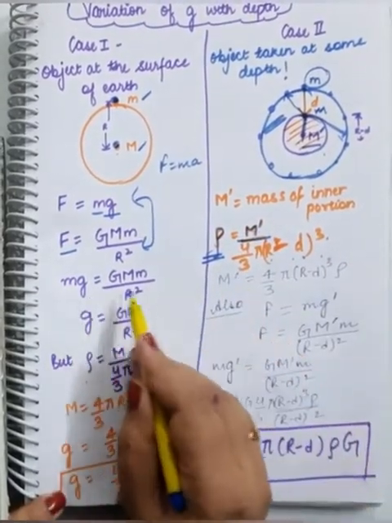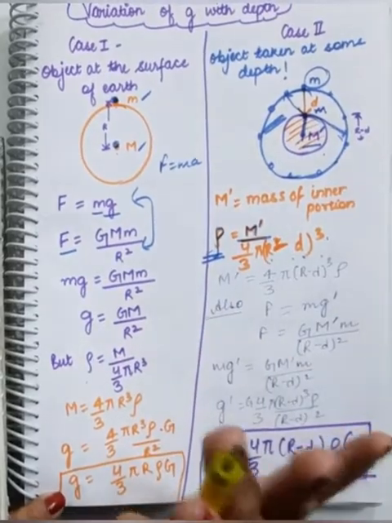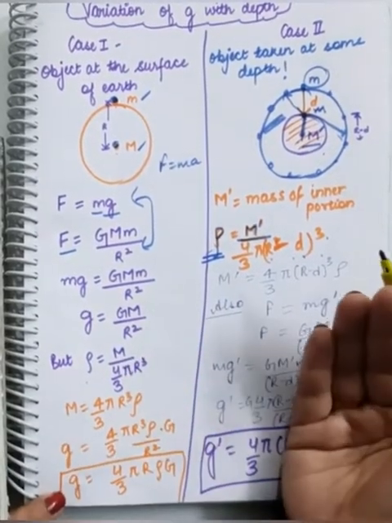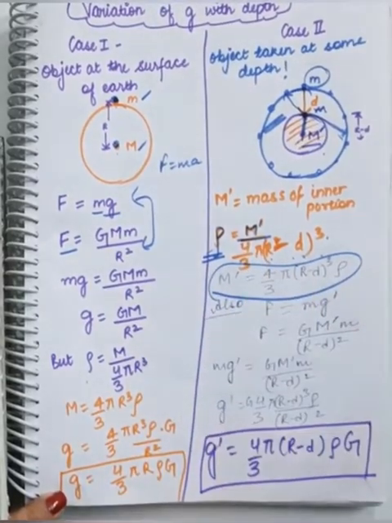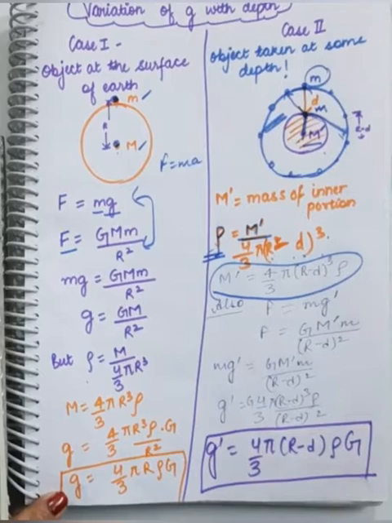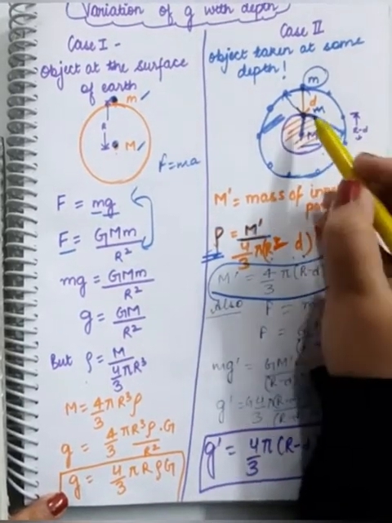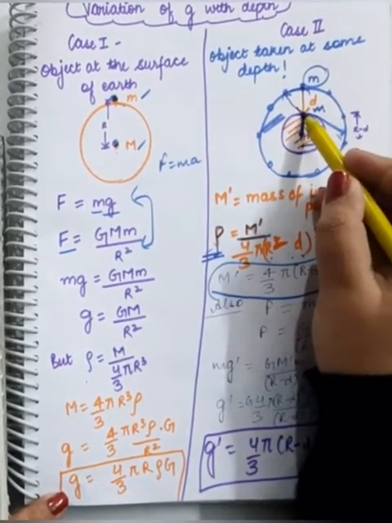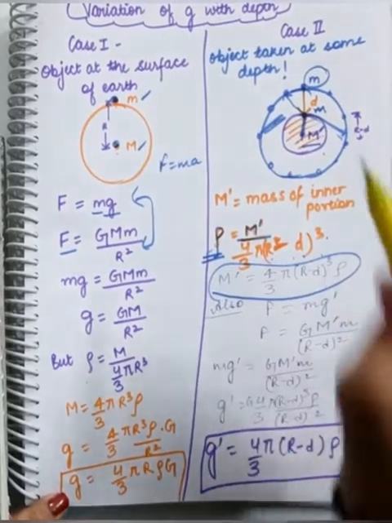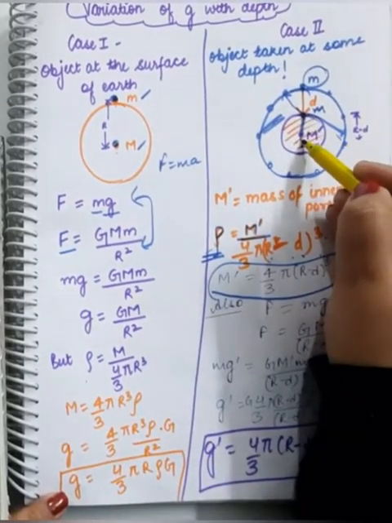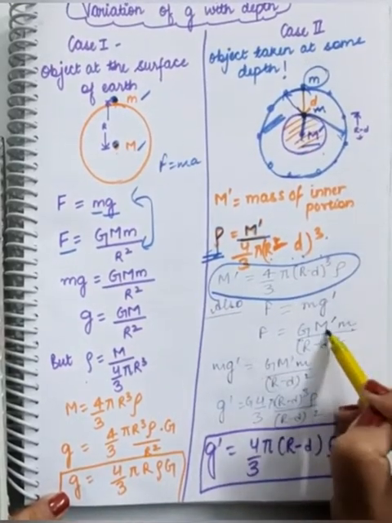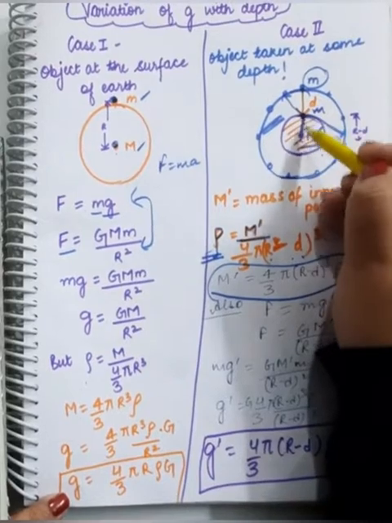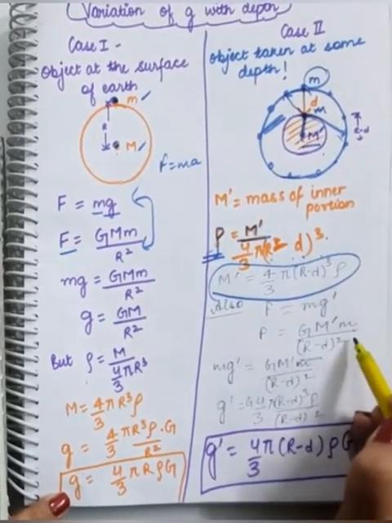See, we will not be using capital M and M dash this time because we have different values there. So take the value of M dash. This will come like this. After that, since you have brought this object up to this depth, the force of gravitation that it will be experiencing due to the new mass of the Earth will be G m into M dash upon the distance between the two masses, which is (R minus d) whole square, right? This is Newton's law of gravitation.